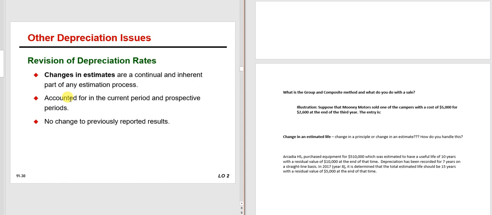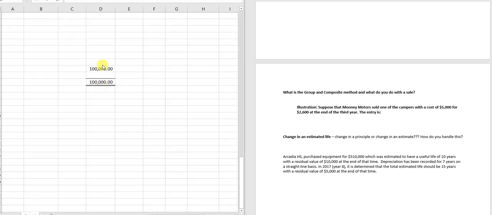So for instance, let me simplify this a second. Let's say I have a $100,000 asset that I think is going to last me 5 years. I have my $100,000 minus salvage value divided by life. I'm going to assume the salvage value is 0, so I divide by the life, and I have $20,000 a year. So what if after 3 years, when I've got $60,000 of depreciation, I find out that the asset